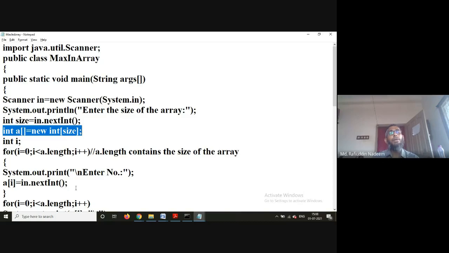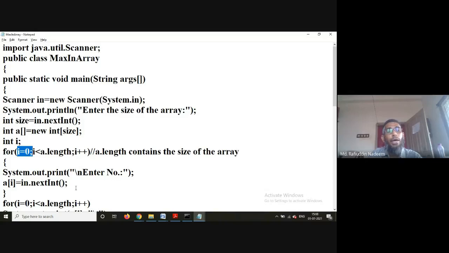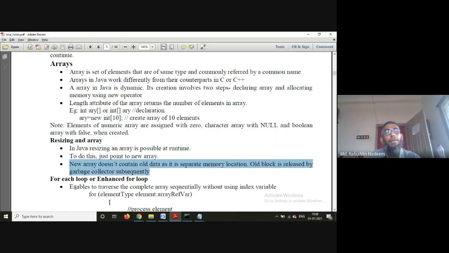See, through examples, we are learning all the concepts. Once the array is created, what I am doing here is for int i = 0, i < a.length. Where has this a.length come from? The length attribute of an array returns the number of elements in the array. It comes by default with any array which is created.